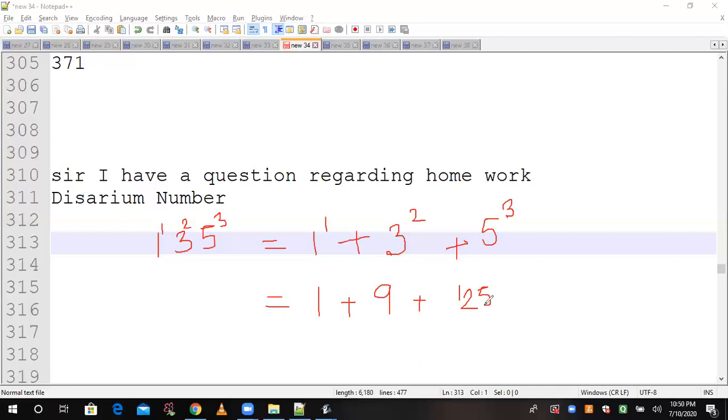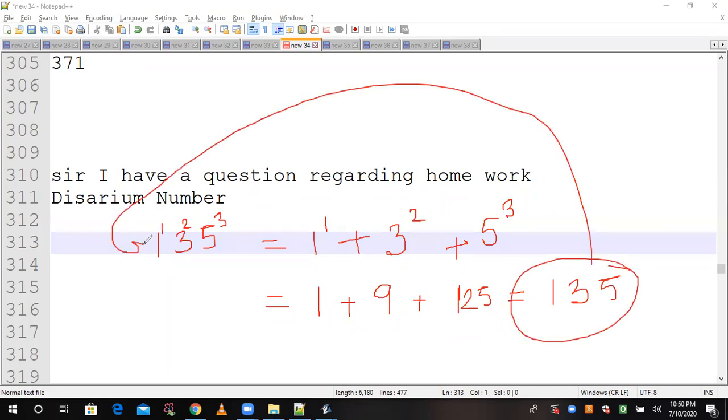Very intelligent team with me in mathematics. 9 plus 1, 10. 125 plus 10. Do you understand why 135 is a Disarium number? Do you understand? I have given the description.